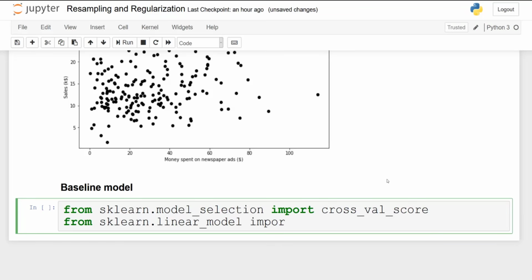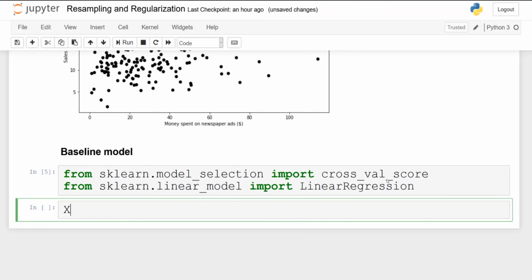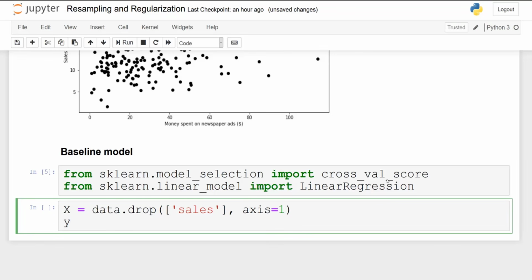Our baseline model will be a very simple multiple linear regression. As a first step, we will define our feature vector. So in this case, we are only going to drop the sales column, and then we will define our target, which will be sales. So data['sales'].values.reshape(-1, 1).